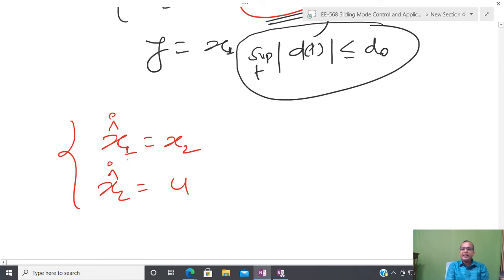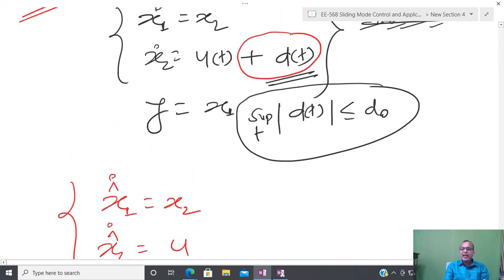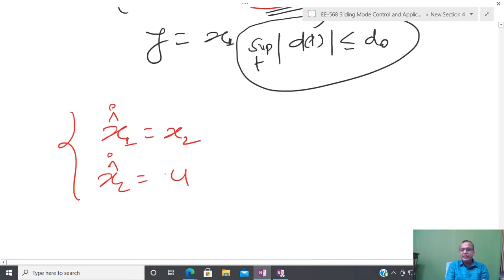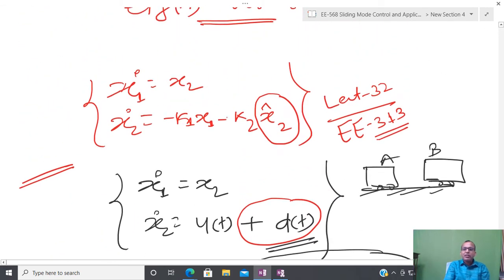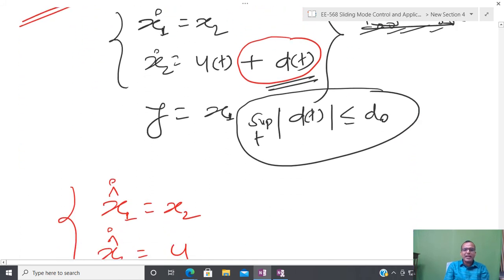What we are saying is that if I run this system, then after a large time the response of this system is going to match the original system. Due to that reason I cannot take any quantity which is unknown, because I have to simulate this system and obtain the response of this system. Those things which are not known to me, I cannot put. I know the control, because the controller and observer are running simultaneously most of the time, and we have already seen that if I have the information x2 cap, we design the control like this. So u is known to me, and I can substitute it.